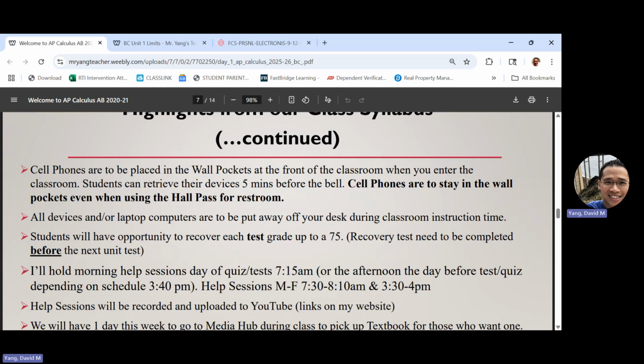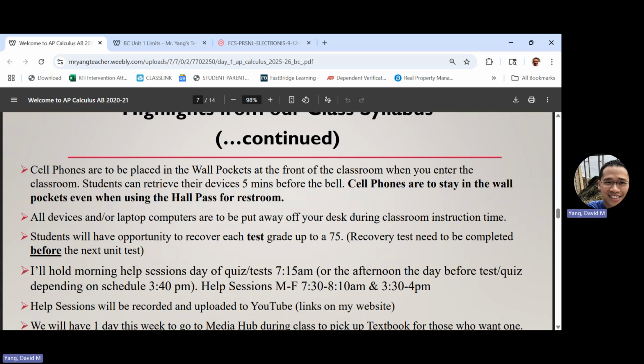So in the past, usually we're done with class with 5 minutes remaining or 3 minutes remaining. And usually I let students come up and get their phones, but they're going to be strict with this new policy now. And so you're not going to be able to get your phones until after the bell rings. I know that's going to be some adjustment, and that's supposed to be consistent all across the board in all your classes. So we have to follow it.